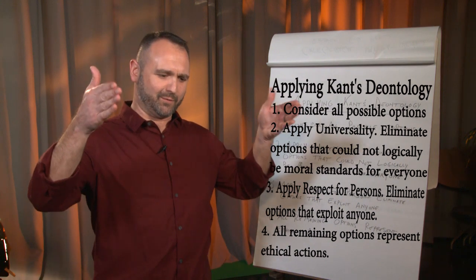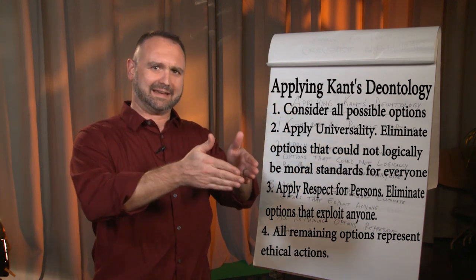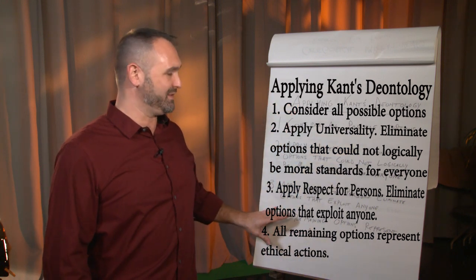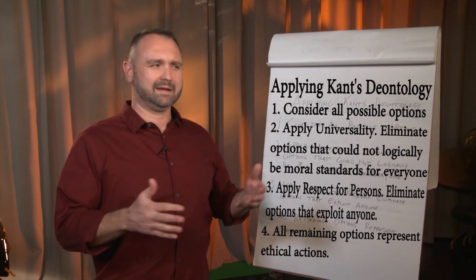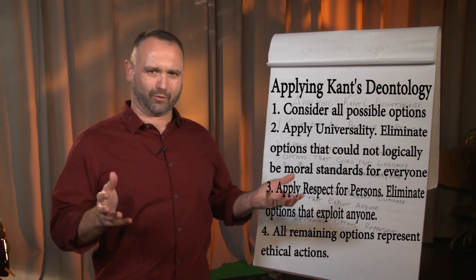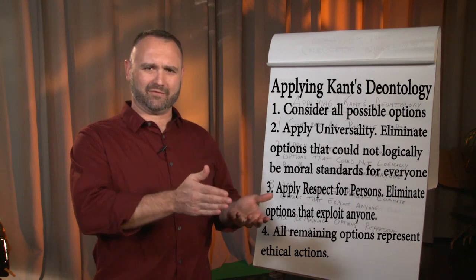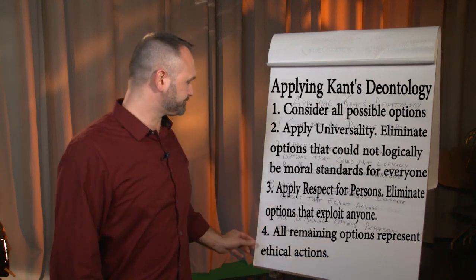So here we're starting with a range of options and we're funneling down towards appropriate solutions. And with this theory, what you'll often find is that there is more than one acceptable option, and then all of those options are morally permissible, meaning you can act on any one of them and be morally correct.